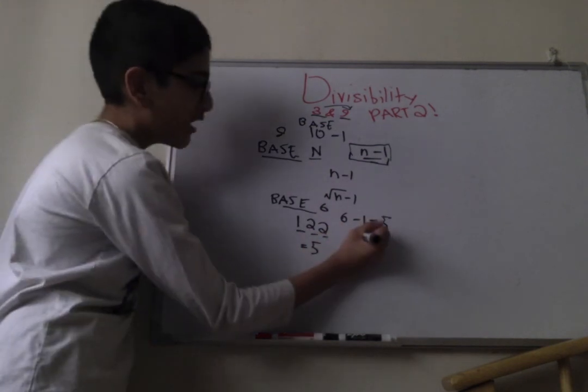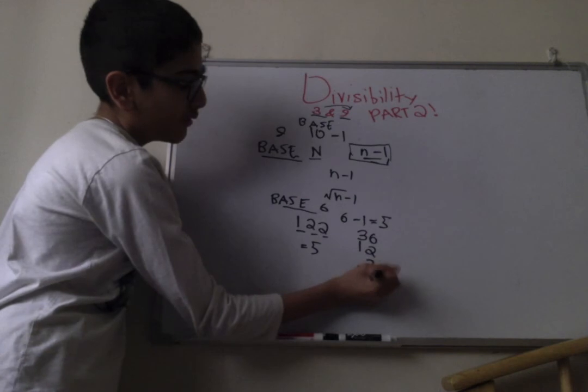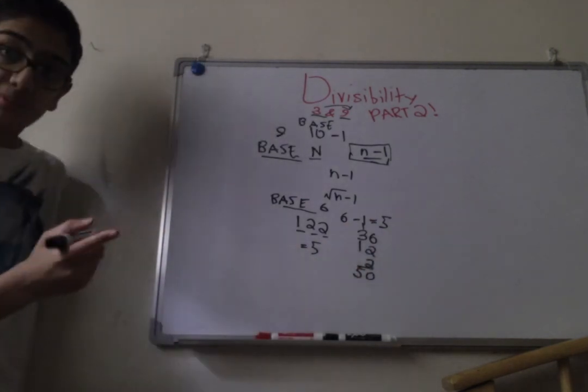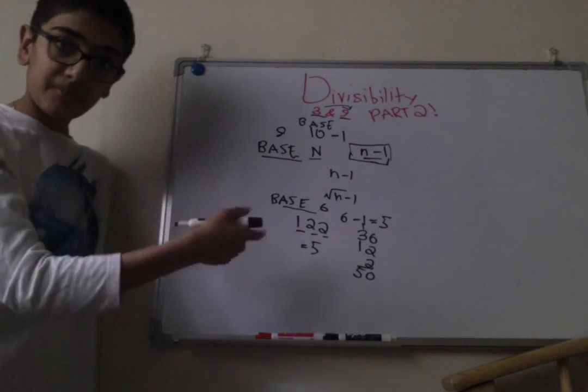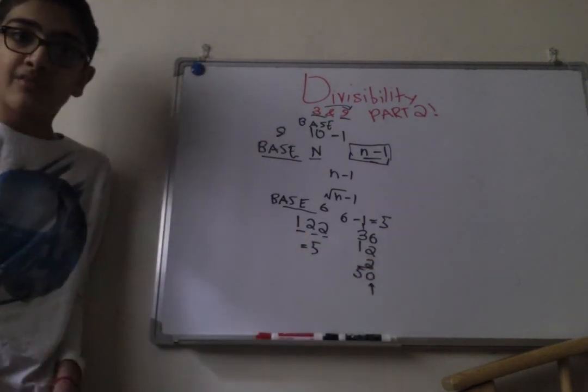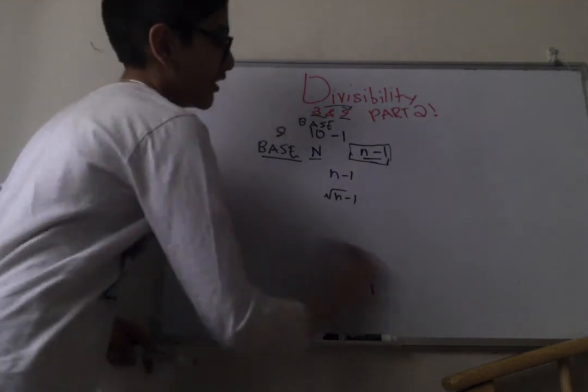And if we test it out, 36 plus 12 plus 2, we get 50. And 50 is divisible by 5. We already know that because it ends in something divisible by 5. Why do we know that? Because we've gone over it in the last video. So, let's actually try one in